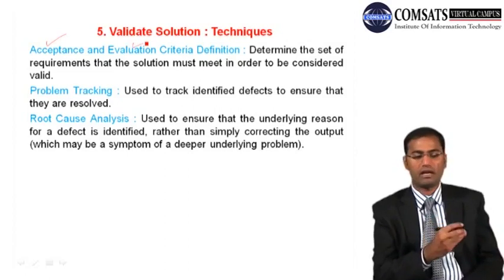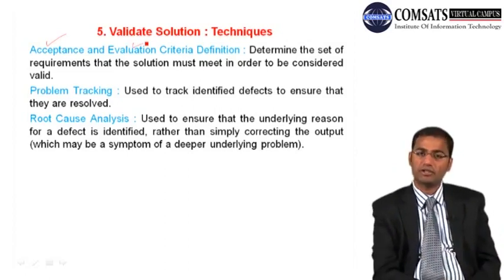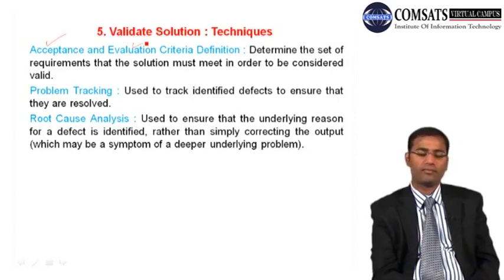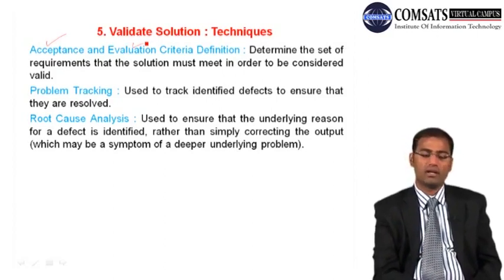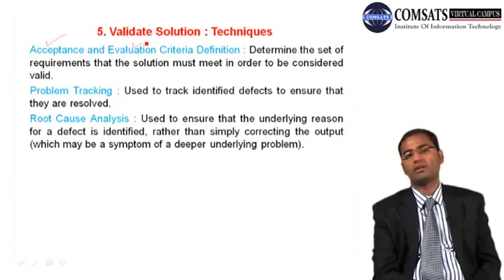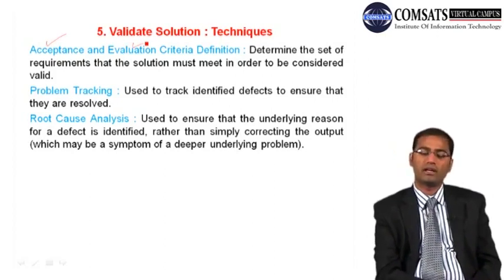अगर तो सारे करता है तो वी विल एक्सेप्ट दैट। एवेल्युएशन इज जब हमारे पास 4, 5, 6 सोल्यूशन हो और अब हमने उसको एवेल्युएट करना हो कि कौन सा कैसे बिहेव करता है, सो वी देन एवेल्युएट दैट। सो डिटरमाइनिंग द सेट ऑफ रिक्वायरमेंट्स दैट द सोल्यूशन मस्ट मीट इन ऑर्डर टू बी कंसिडर्ड वैलिड, एंड प्रॉब्लम ट्रैकिंग यूज्ड टू ट्रैक आइडेंटिफाइड डिफेक्ट्स टू इंश्योर दैट दे आर रिजॉल्व्ड। सो सिर्फ यही नहीं कि हमने डिफेक्ट आइडेंटिफाई कर लेने हैं और उसके बाद कुछ नहीं करना, हमने जो प्रॉब्लम्स आइडेंटिफाई किए हैं अब हमने उनको ट्रैक भी करना है, उनको देखना है कि वो किसके पास चले गए हैं, कौन